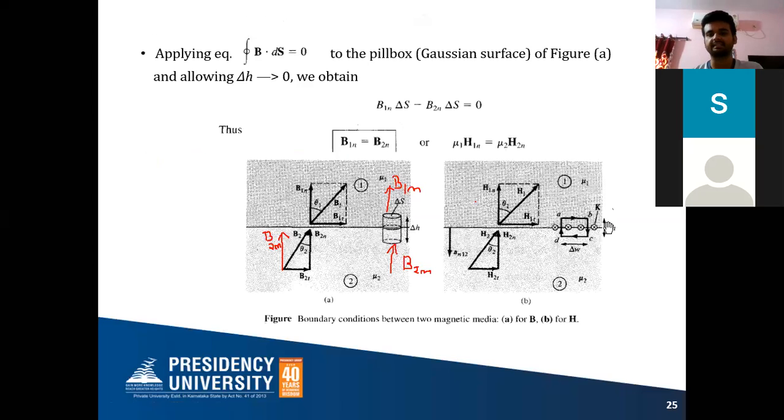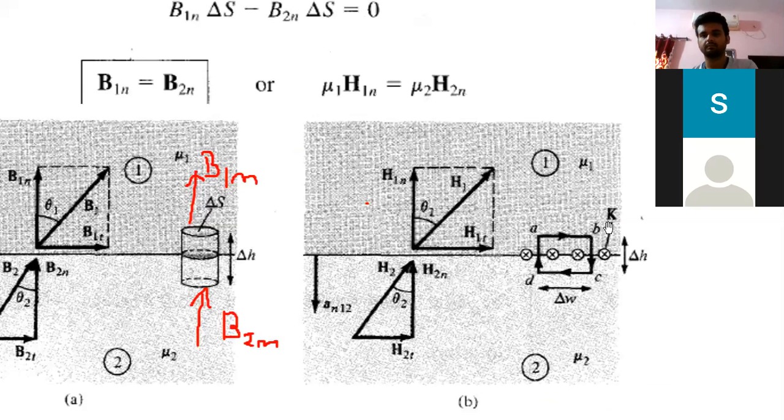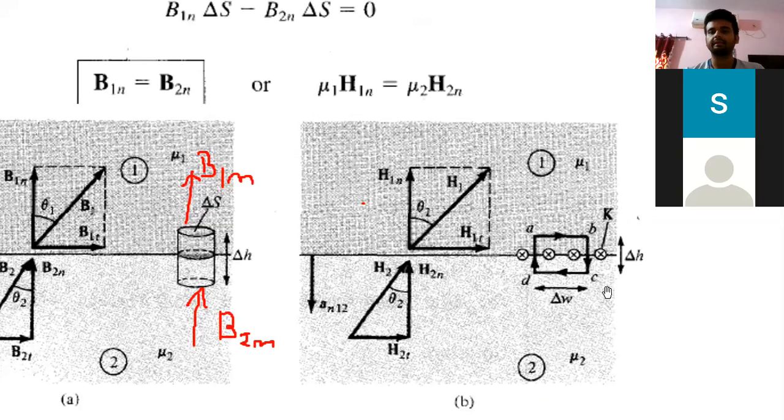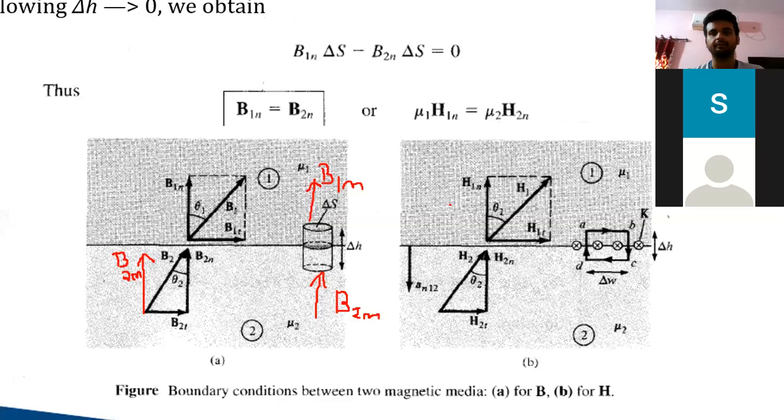See here in this case, the components due to delta H will cancel out each other. The magnetic field due to delta H will cancel out each other. So we should not consider delta H for I enclosed. Are you getting my point? I'll show you that slide once again. It will help you understand the thing better.